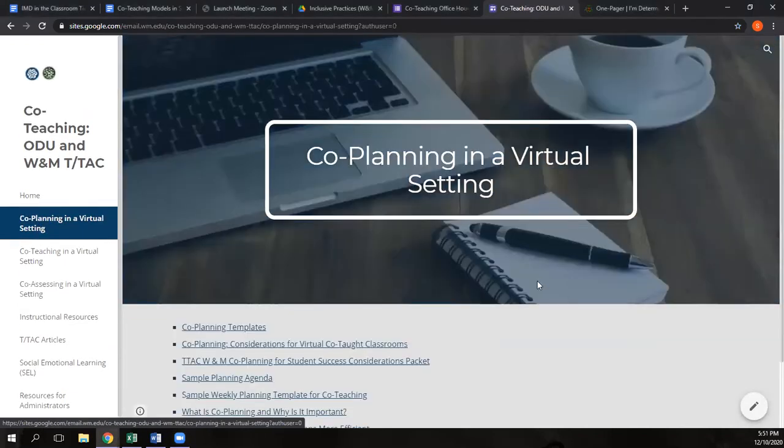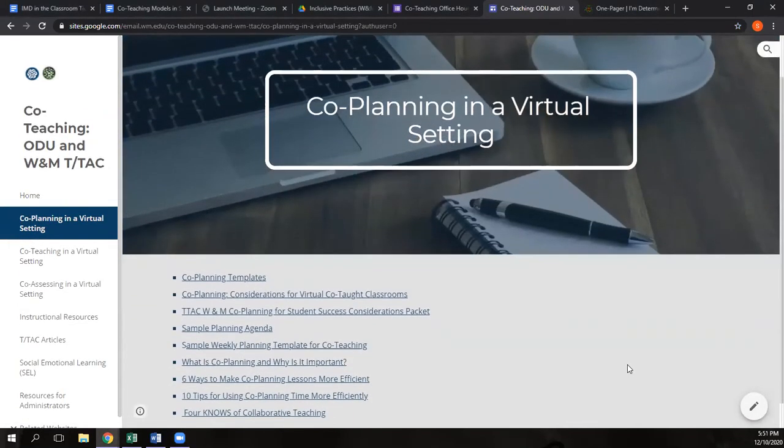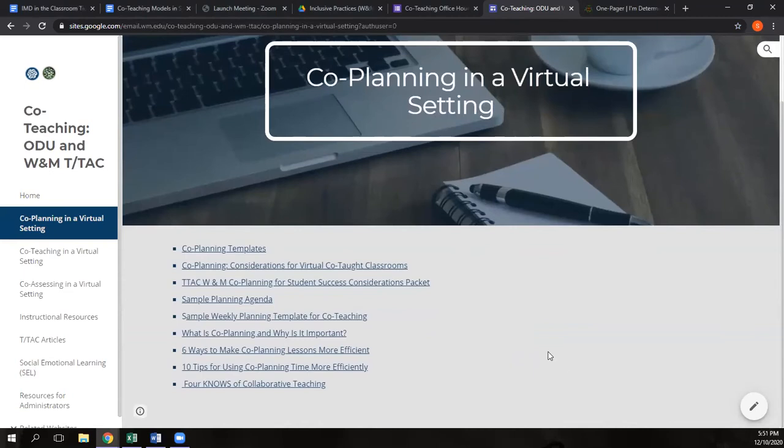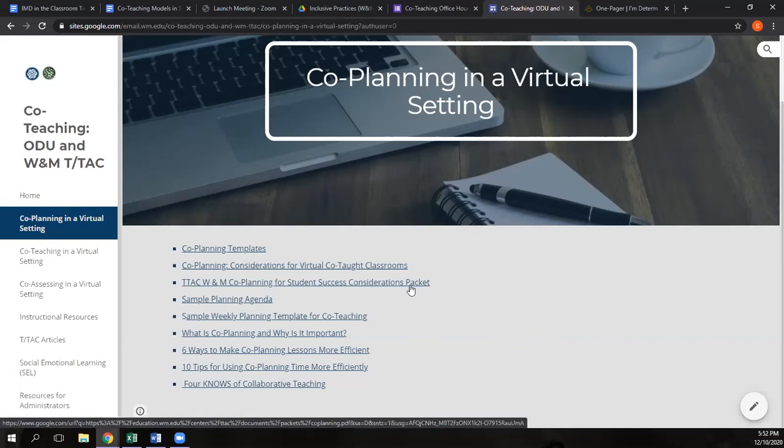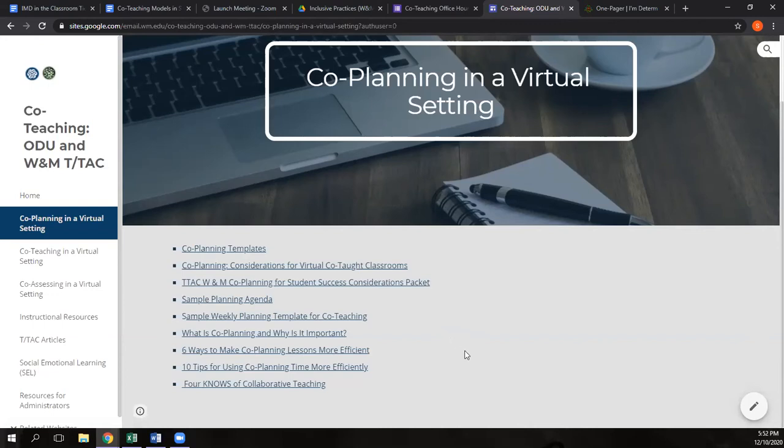So the first tab is co-planning in a virtual setting. So this has all of Tamara's information that she shared with you, all of the co-planning templates that you put your little stars by to see which ones you would want to use first or take back to experiment with. We've got lots of information and considerations packets, just as Donnie had mentioned in our last activity, that you can download and get more information about how to have those conversations with your co-teacher to build those relationships and distribute